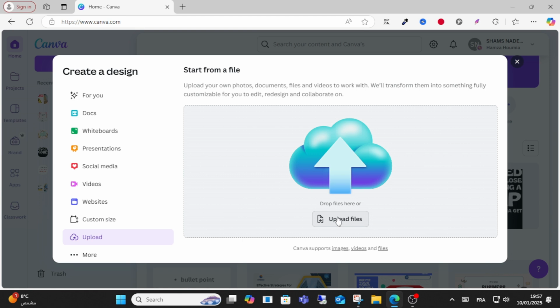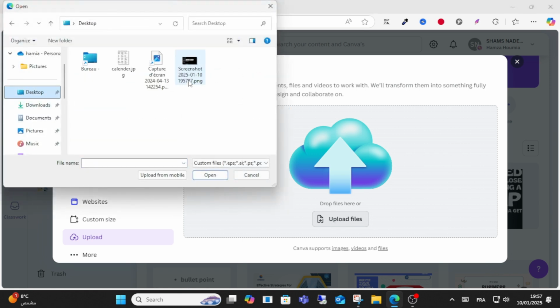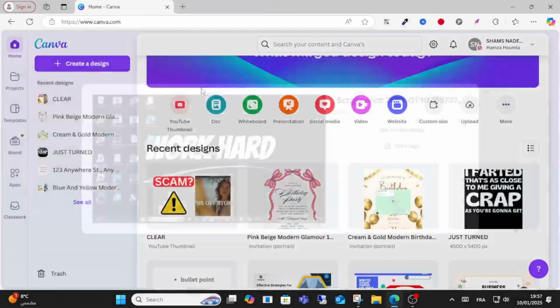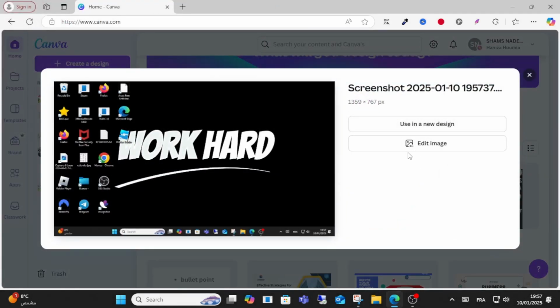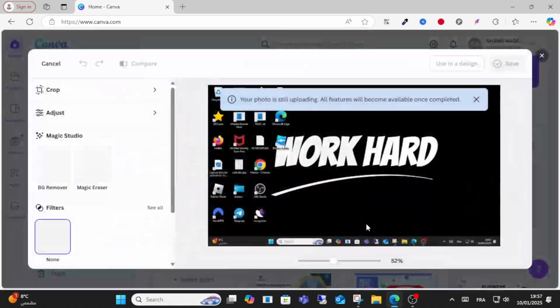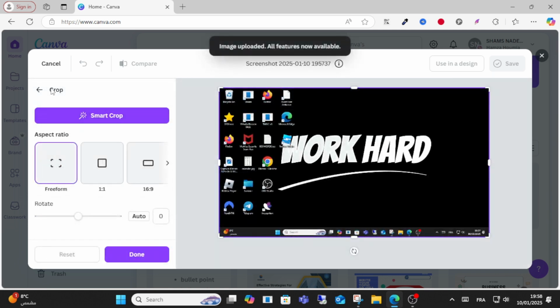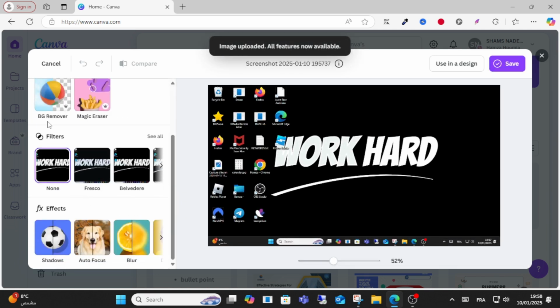click upload file. After that, click on this desktop and click your screenshot. This is my screenshot as you can see here, and click use, edit image, this image, and from here, guys, you can edit your image without any problem, and you can crop, and you can add effects, and you